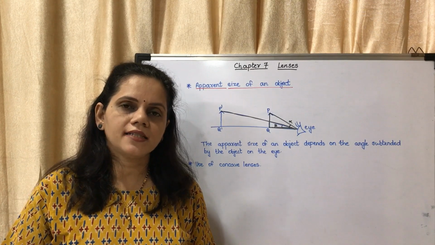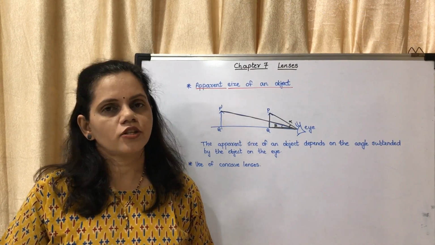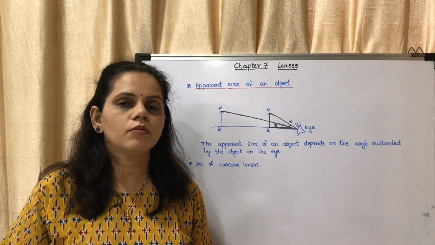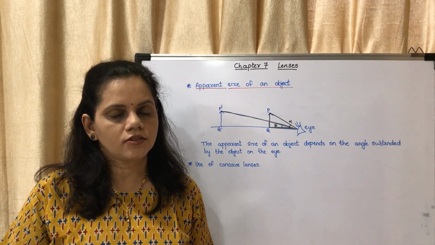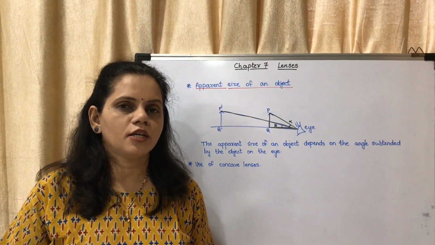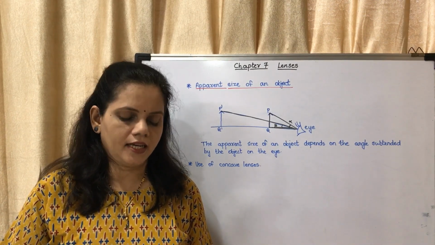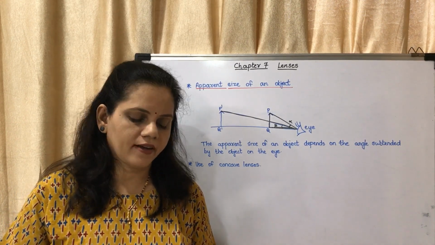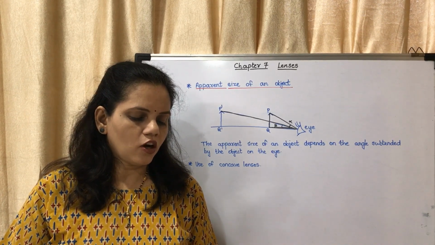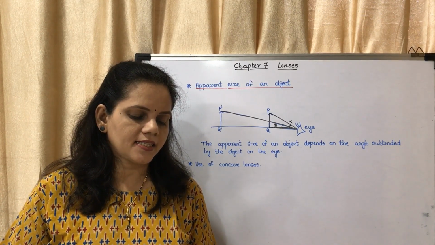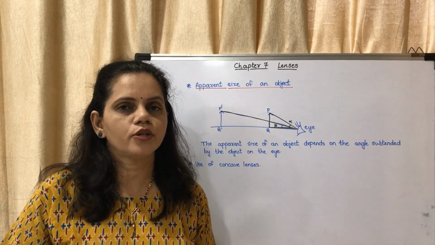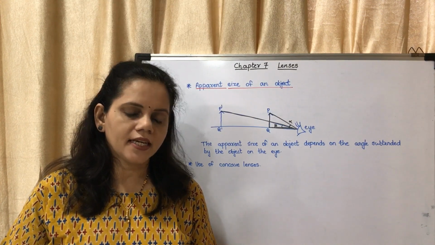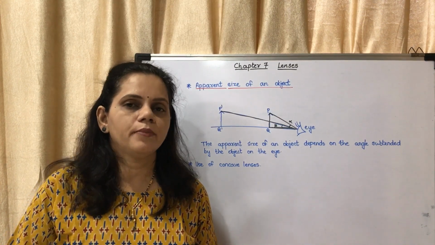So our eye has a limit of minimum distance of distinct vision, and if you bring the object nearer to the eye than that, then it causes a stress to the eye. That is why you are not able to see it clearly. The least distance of distinct vision for human eye is 25 centimeter. If the object is placed at a lesser distance, the ciliary muscles are unable to adjust the lens. That is why we are not able to see it clearly even though it subtends a bigger angle.